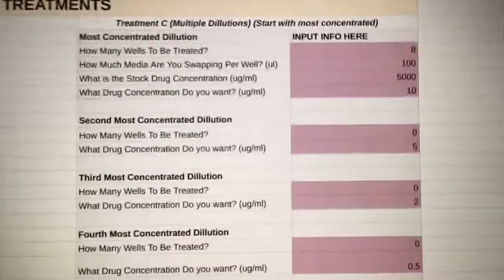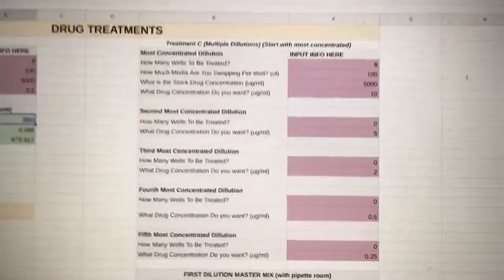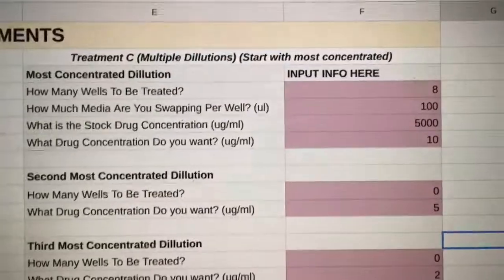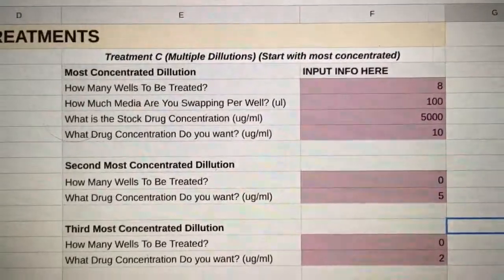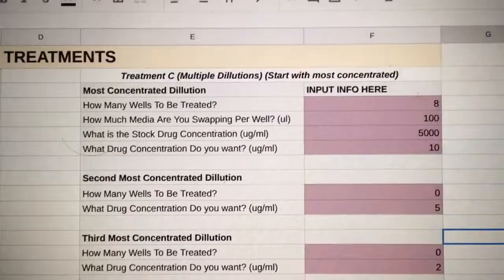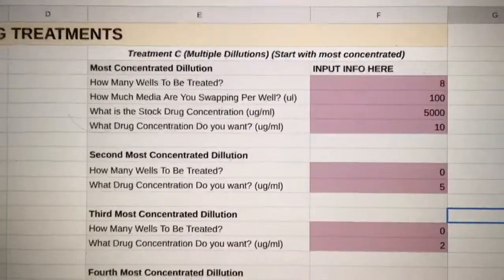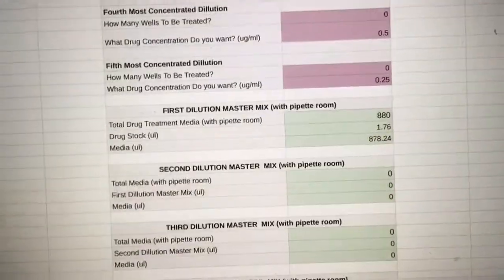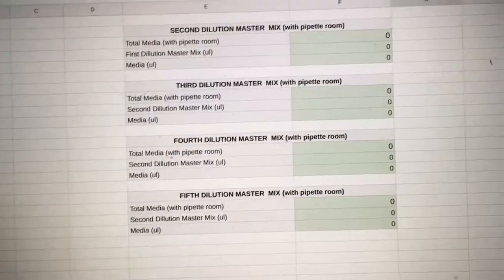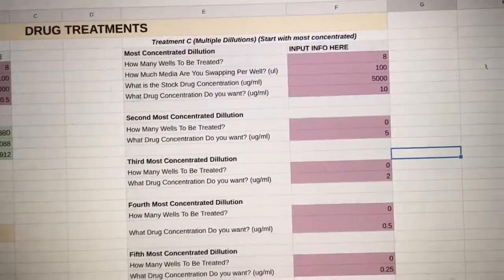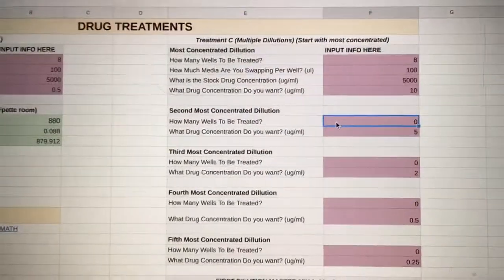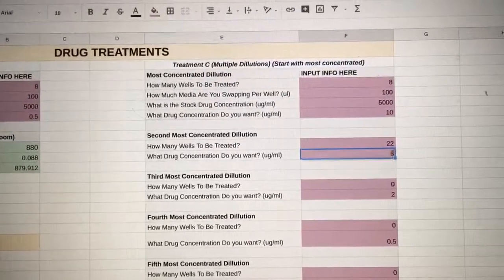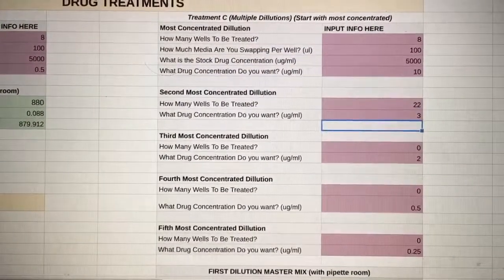And then over to the right is if you're doing a dilution, so you have one drug and you want to do a bunch of different concentrations. You'd fill out the same information at the top: how much media you're swapping per well, the stock drug concentration, and then for every dilution you'd put how many wells at what concentration. So I programmed it for 5, and then all the master mix information would show up down here. And if you add another, let's say you want 22 wells, and we want to have that at 3 micrograms per mil,